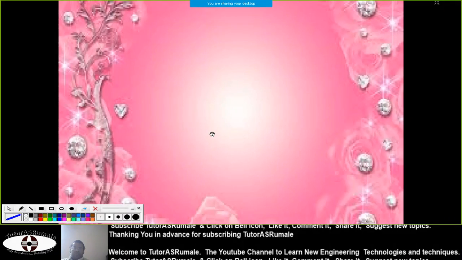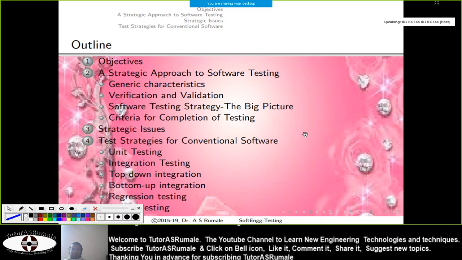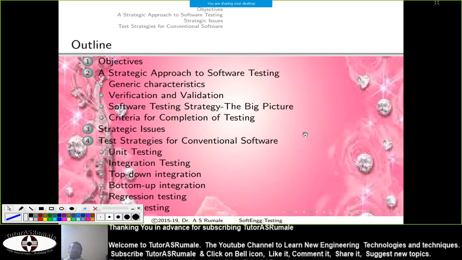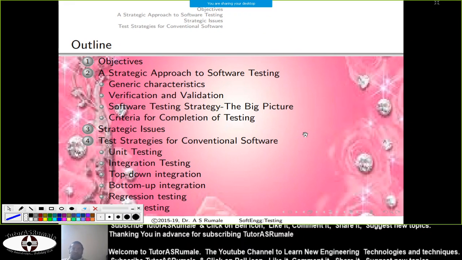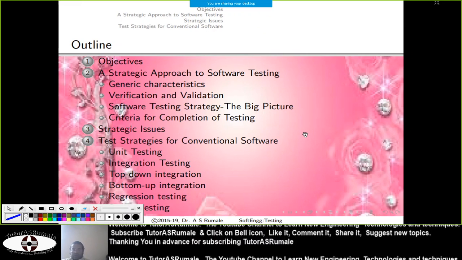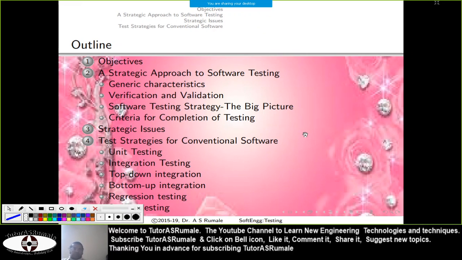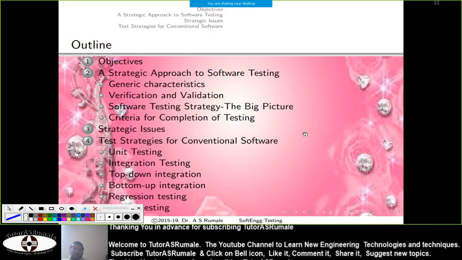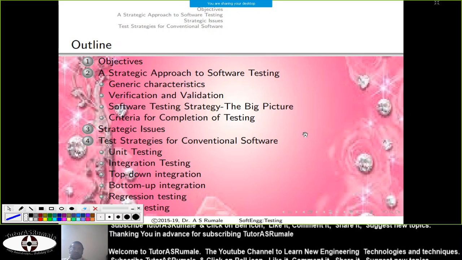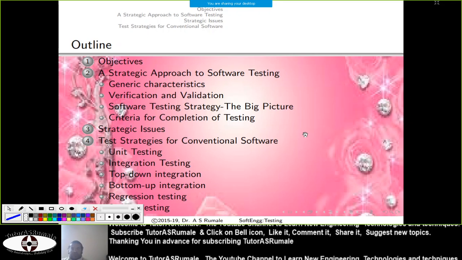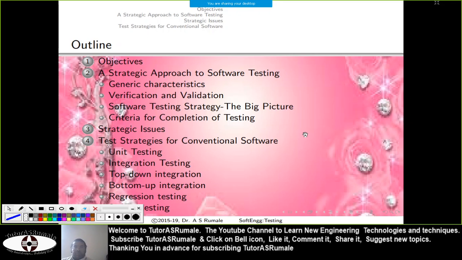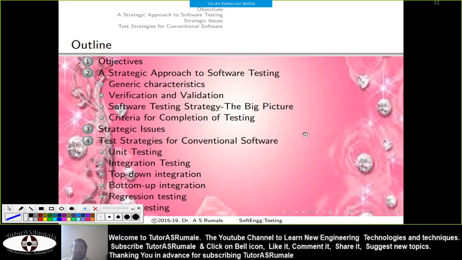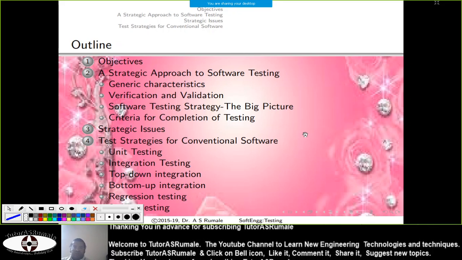So what are today's objectives? We are going to learn software testing. That is our main objective. In this lecture, we are going to learn about a strategic approach to software testing, generic characteristics, verification, validation. What is a software testing strategy? The big picture of it, criteria for completion of the testing. What are the different strategic issues involved?